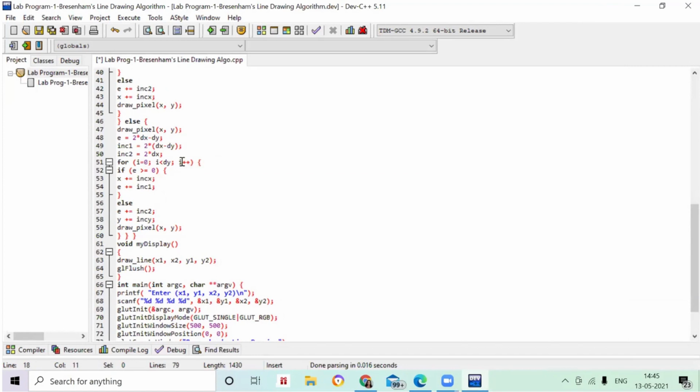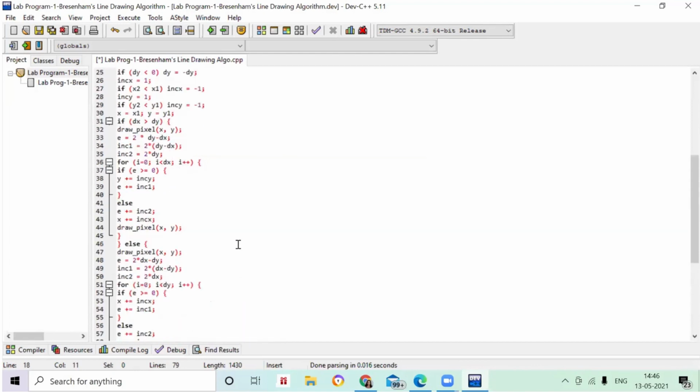Here I have taken i, but I have explained in exercises that it will be the k value, so don't get confused with that. Here also we are going to increase the values and save them inside one more variable. As soon as we get any values, we have to plot them. That plotting of values, we are going to keep inside our draw pixel x comma y.